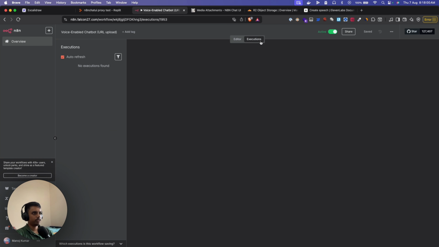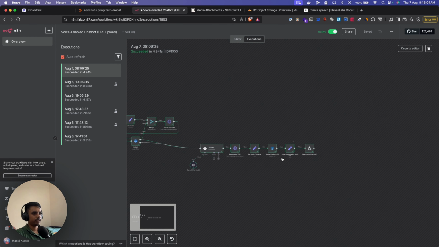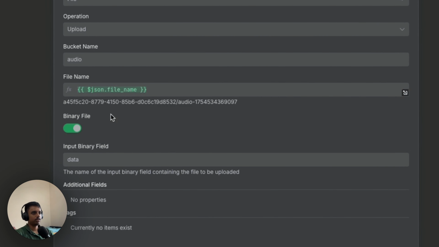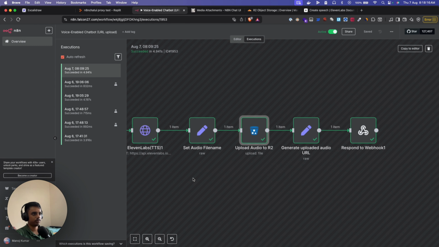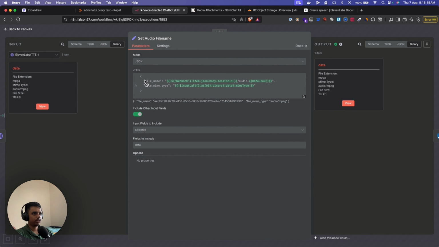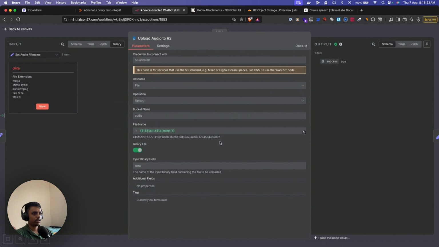And once I do that, let me just go back to this executions part. Yep, if I just expand this, this is what it looks like. So everything looks fine, and this is where I'm just selecting the file name. Remember, I'm getting this from one of my previous nodes over here, right? I'm just setting it and picking it from here. Sorry, the file name, binary file, and then input binary field. This is the data, right? This is the audio file that I'm trying to upload,